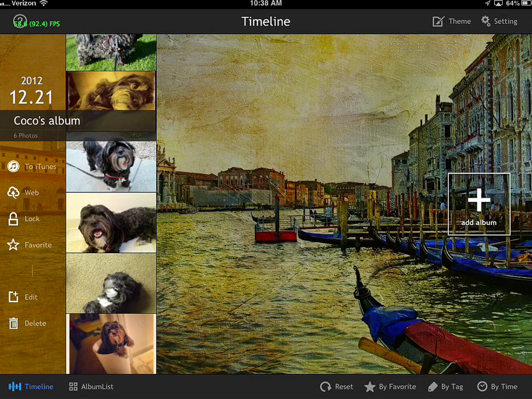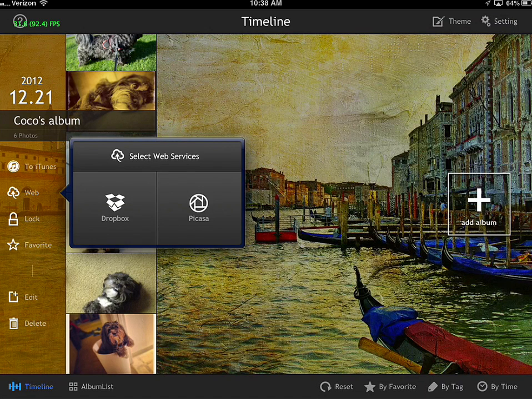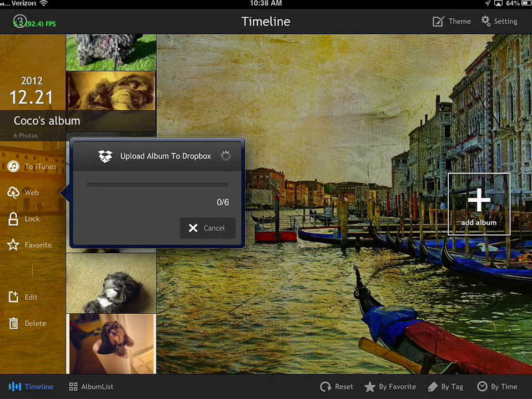There's 6 photos. You can upload this to the web via Dropbox or Picasa or others, and if I go to Dropbox, it will upload those photos to my Dropbox and then I can share a link from Dropbox to my friends and they can see all those photos. So if you hit upload, it will go ahead and work on them. It doesn't take too long because